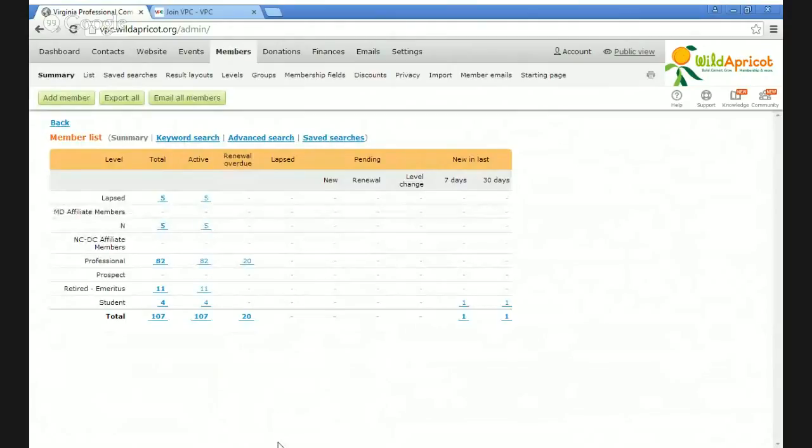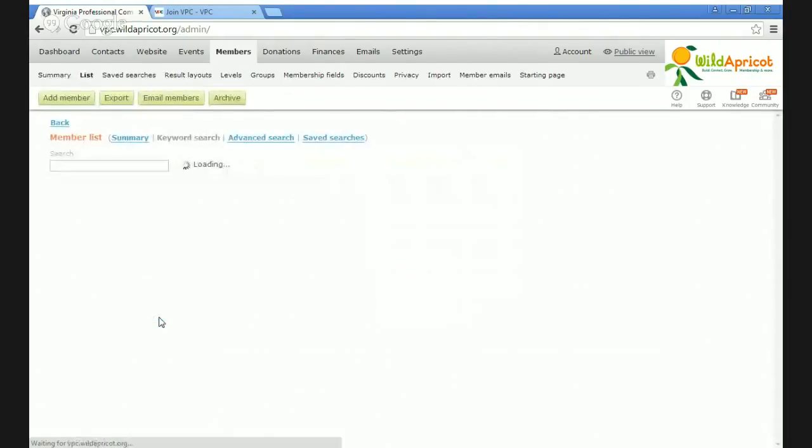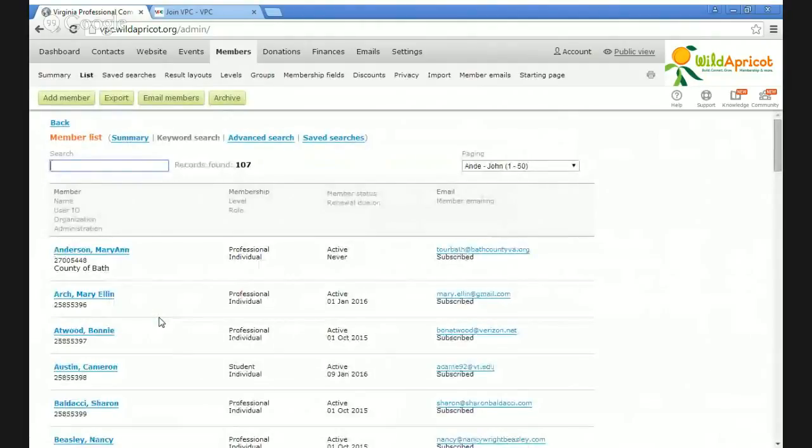And when you click on members, it will bring up the list that we just saw, where you can see the 107 members. And it gives you an overview of how many are in each category. So we have 82 professional members, for example, and 4 students, retired also. So if I click on this 107, that's essentially going to bring me a list of everybody,